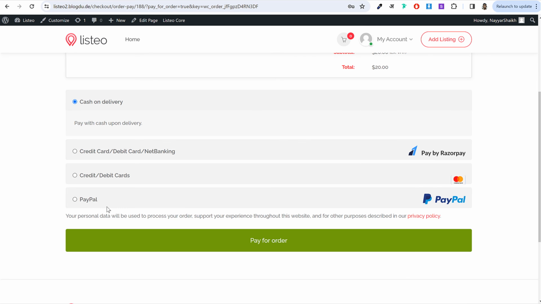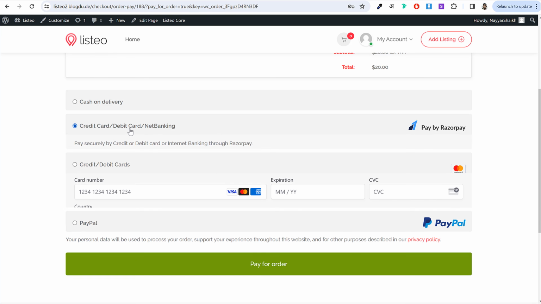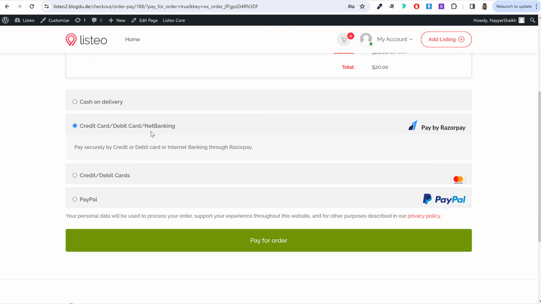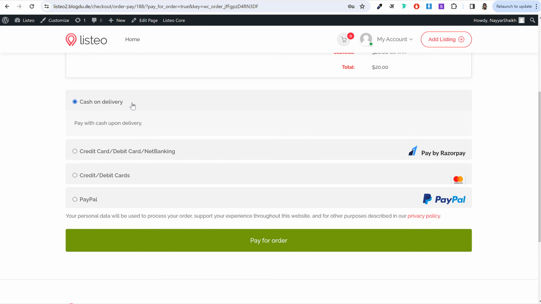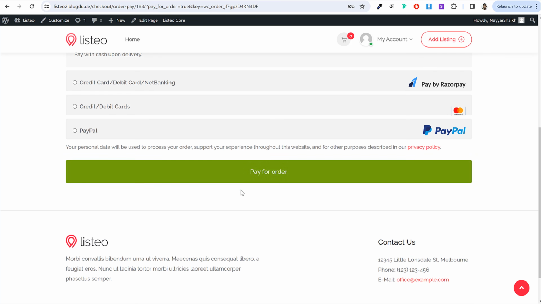And now as you can see, you can make payment through PayPal. You can make payment through your credit debit card. You can make payment through Razorpay, which is UPI, net banking, all these options. Or if you have enabled cash on delivery also, then you can also make payment through cash. Okay. So if you select this option, click on whatever option you want, you can select that and click on